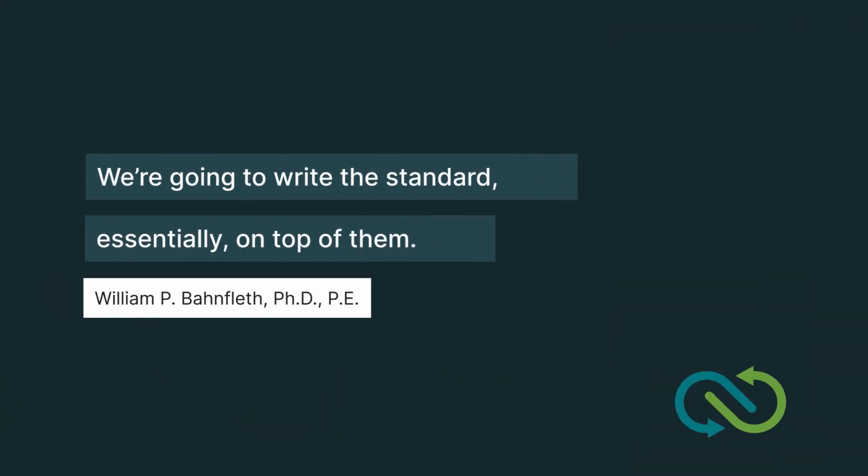The relationship currently to the other standards, 62.1, 62.2, 170, is that we're going to write the standard essentially on top of them. So requirements in 241P will assume that the minimum standard that applies for air quality is being met. So if you have a non-residential, non-healthcare building, an office building or something of that sort, compliance with 62.1 is taken as given as the baseline,